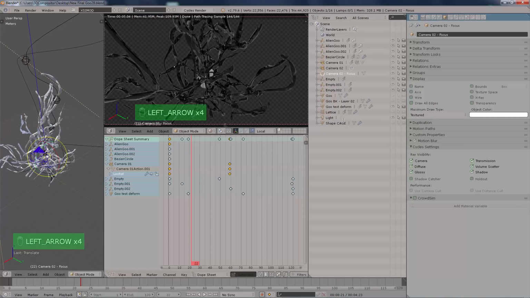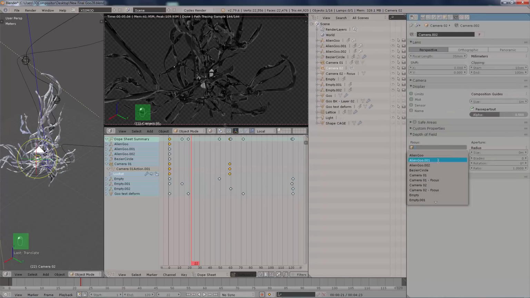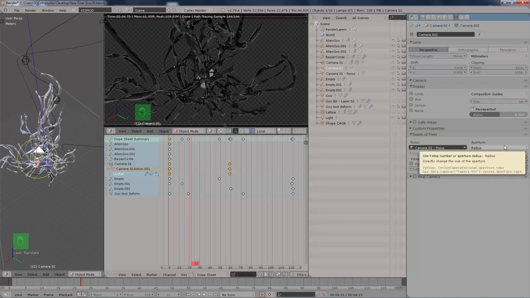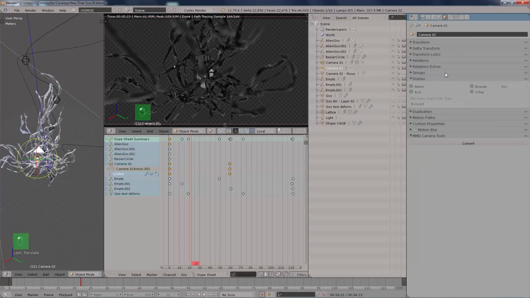Because we're going to do exactly the same thing that we did before, and that was to go on the objects list under focus and then set the f-stop all the way down to 0.1 or 1.0, depending on how you would like your shallow depth of field effect. I really like the bokeh effect, so I'm going to play with the blades and also the value here. Oh, let's not forget to disable on cycles rendering that